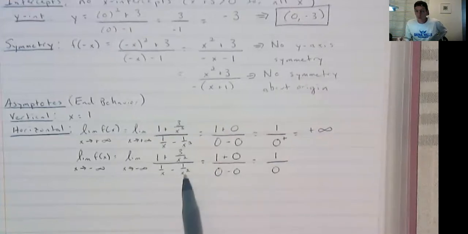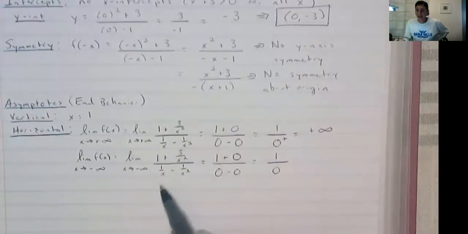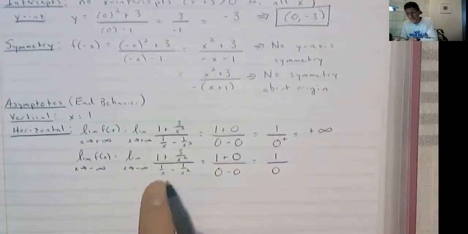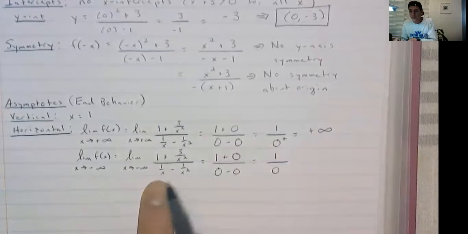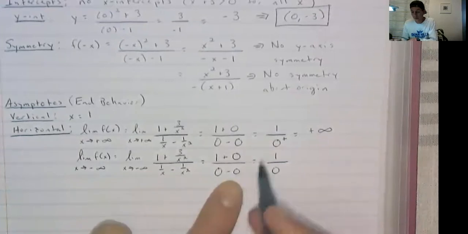So for our 1 over x squared, it behaves the same. However, 1 over x is going to be negative values, okay? Really small negative values, but negative values nonetheless. And so this infinitesimally small negative number minus another infinitesimally small positive number is going to result in a negative